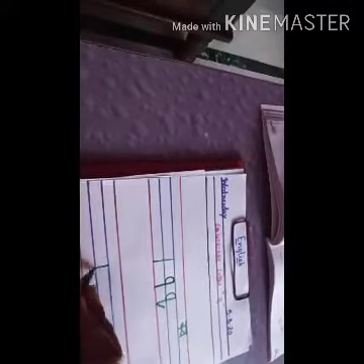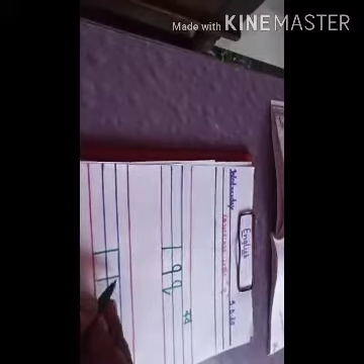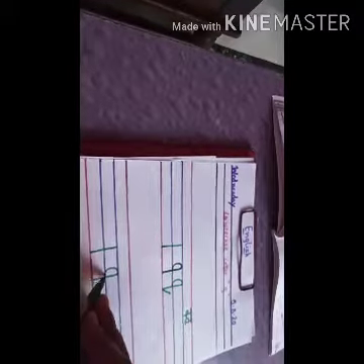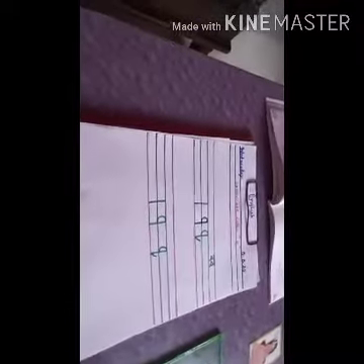Q. Qua. Once again. Firstly, make a standing line like this. Then take it back and make a half circle in between 2 blue lines. And then again make a slanting line like a tail. Like this. This is the letter Q. Qua. Now we write the letter Q on our little blackboard.